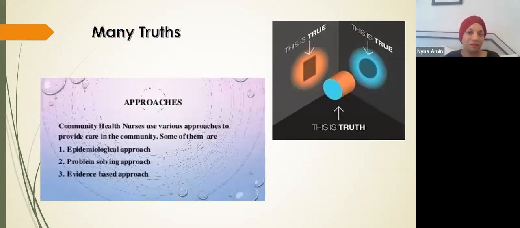The other aspect of qualitative research is that you're dealing with multiple truths. So if you look at the image on your right, there's the object, a cylinder. But it's also true that it could be seen as a square or as a circle. So there are multiple truths that coexist depending on one's perspective, because the truth of the square and the truth of the circle is that it's a projected image. It's not the actual object.